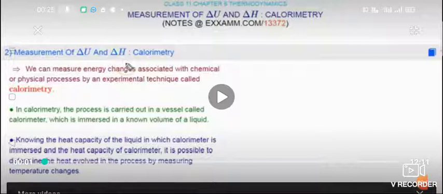So we know that enthalpy change is delta H, where HP is the enthalpy of the products and HR is the enthalpy of the reactants, and we have derived that equation: delta H is the difference between the enthalpy of products and reactants, where PV is equal to nRT. That formula is very, very important. P delta V is equal to delta n_g RT.